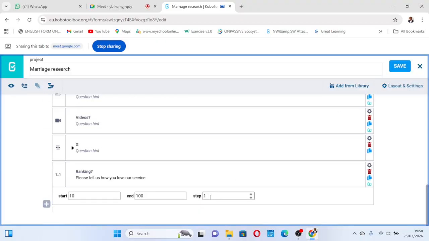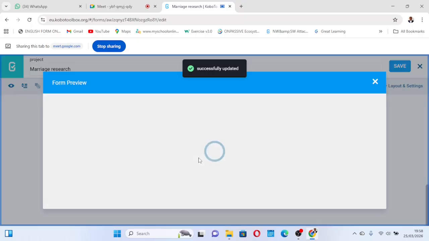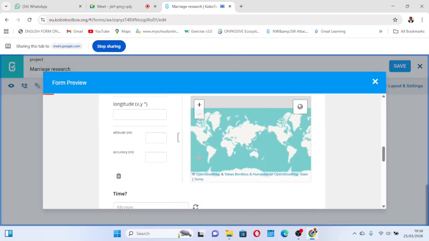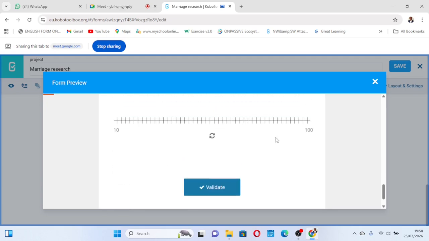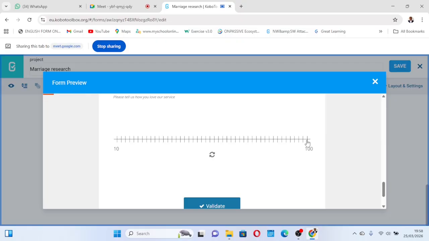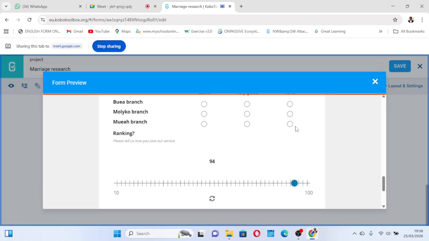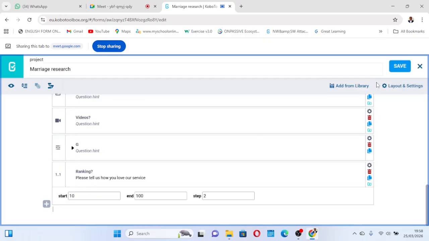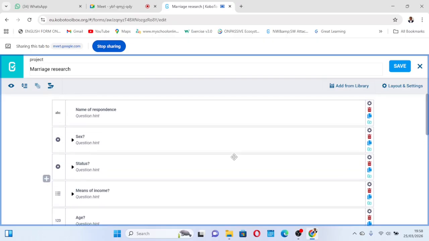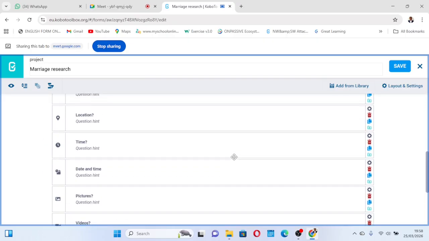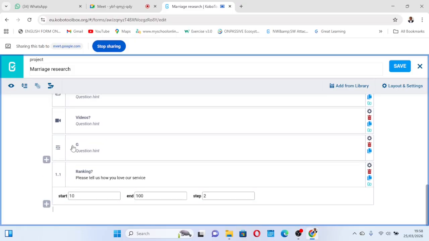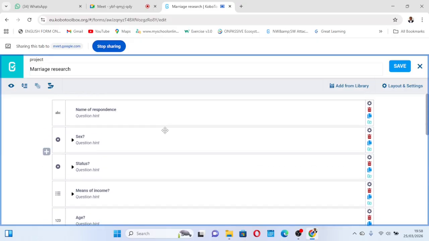And then there's something I want us to try, step 2. Let's put step 2 here instead of step 1. And then we go back and preview and see how it looks. These are the different types of questions that you mostly find as you design your form. So step 2 is still the same, starting from 1 right up to there. So that said, today we have done our classes, we have gone through our types of questions, and then we are now doing it and automatically building a form. So this is the form that we are building. So in next class